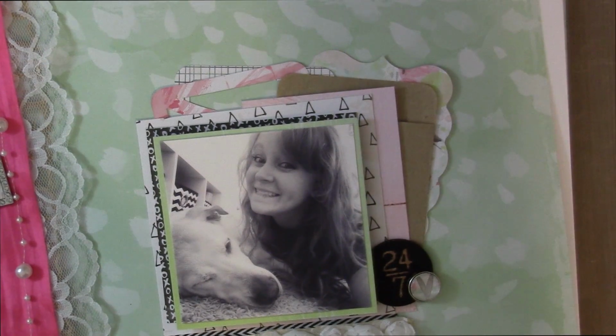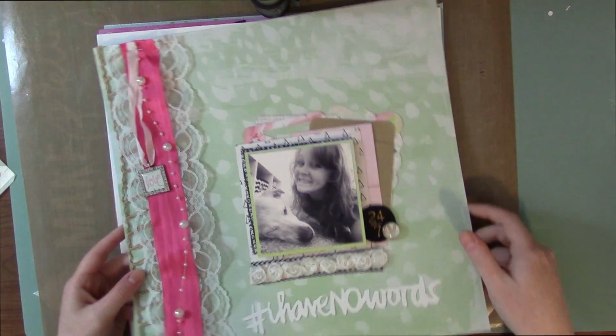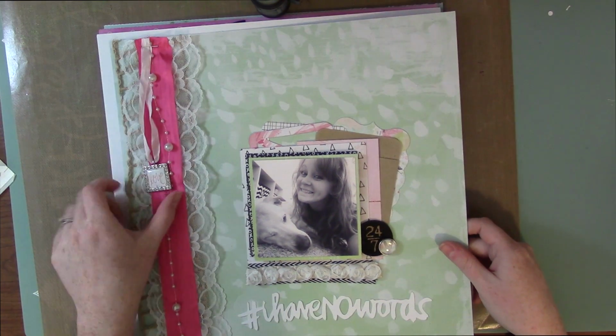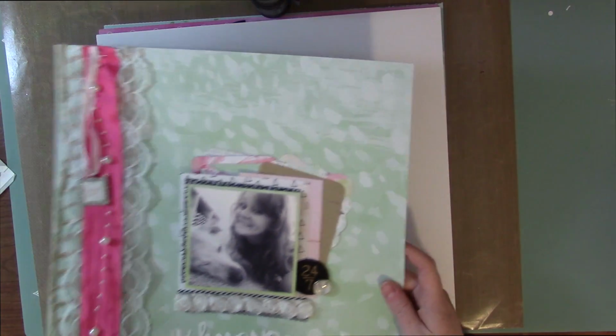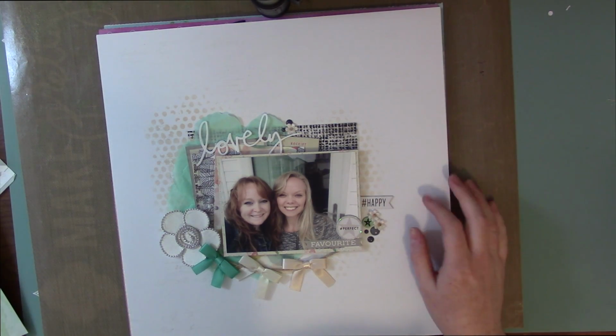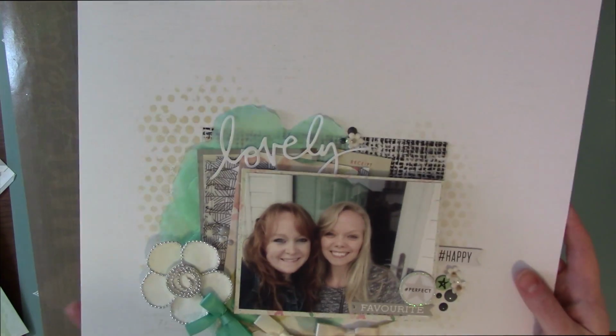So there is the first layout. I really love how this one came out. It's like one of my favorites. Well, I say that about all of them, but I have a couple in here that I don't like so much. Okay, so there's this one, and I just used